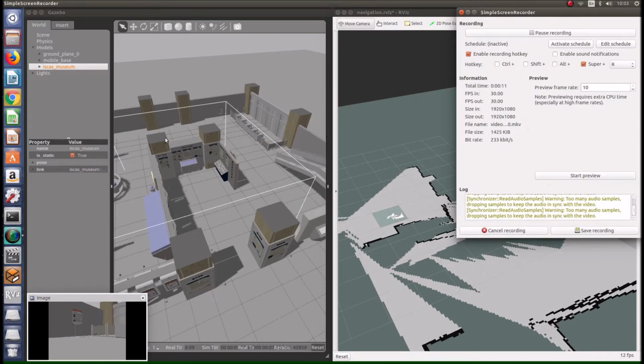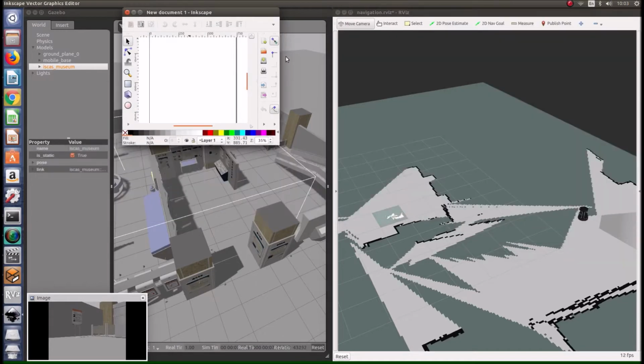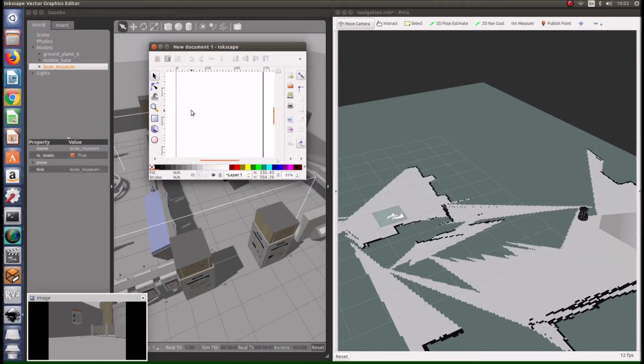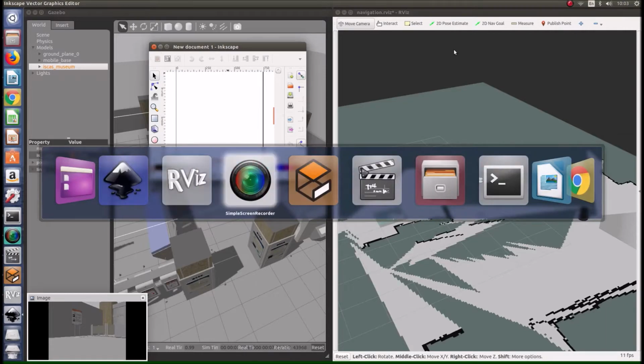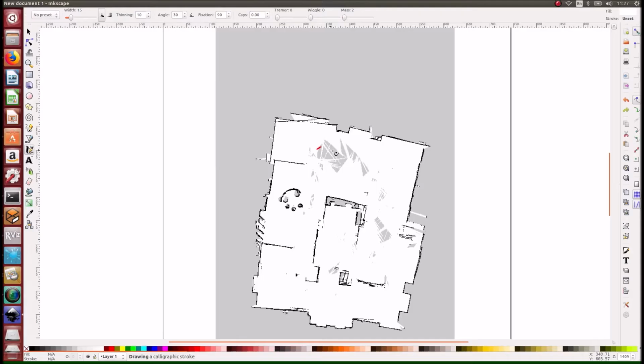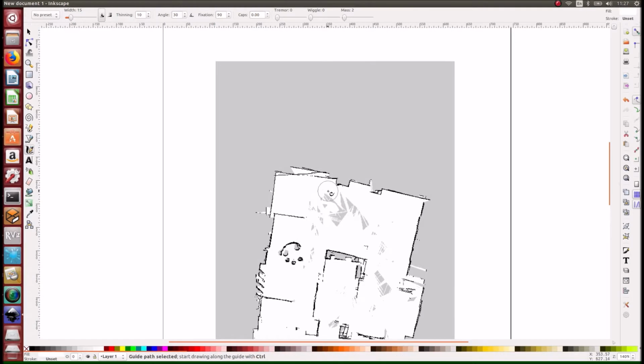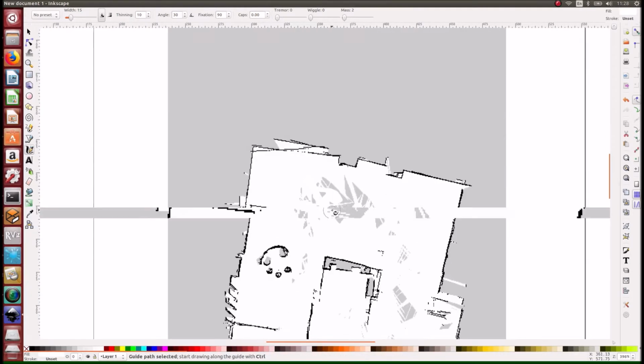Next, after saving the map, we must open the app called Inkscape so we can repair the map to get a better map. So we clean the map so it will look much better than before.